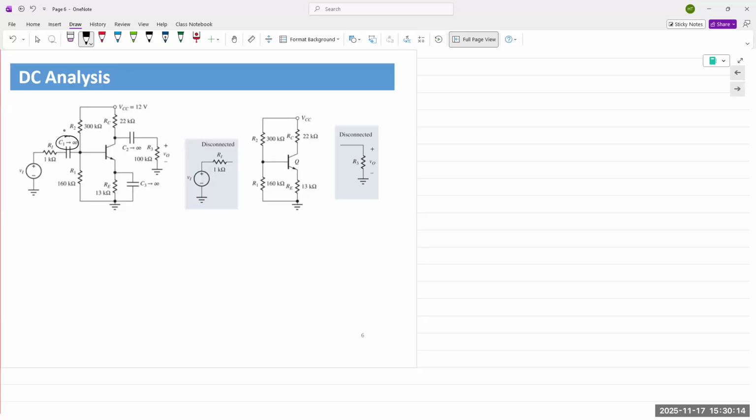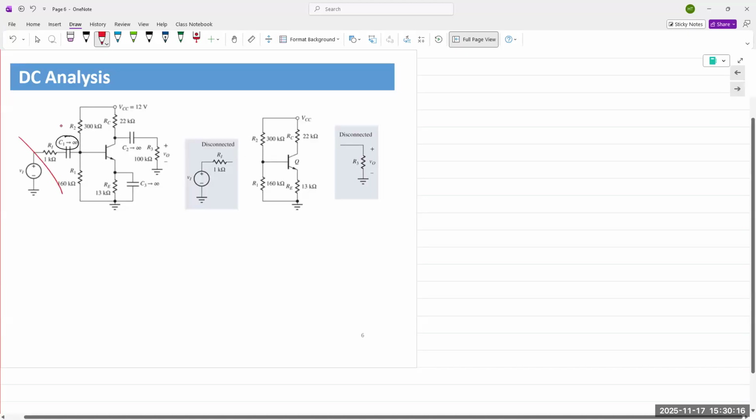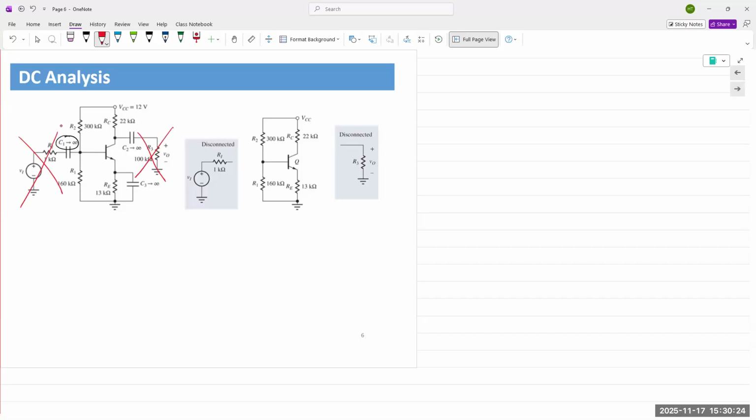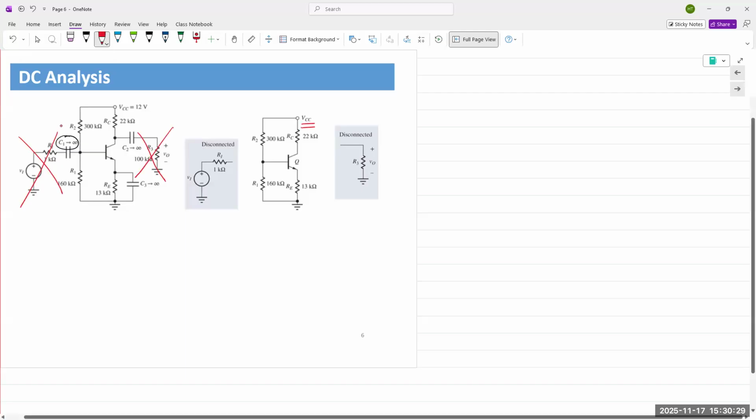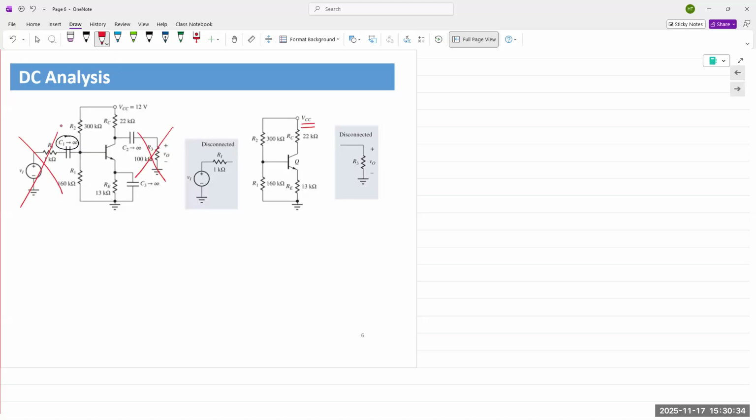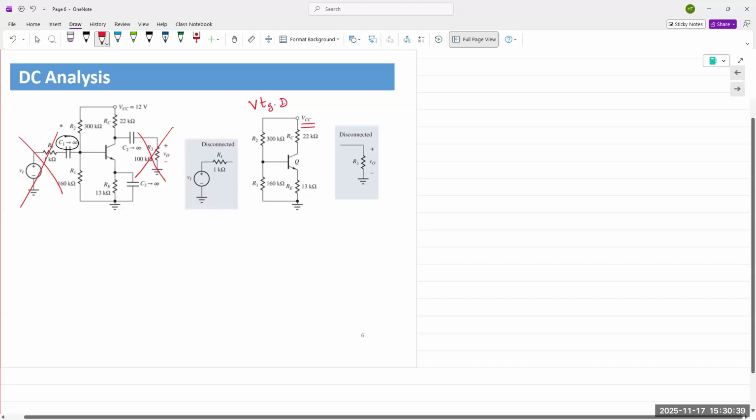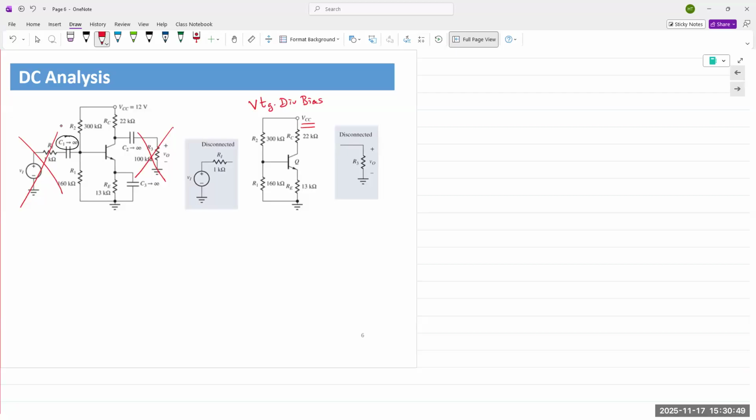All right, if we separate that out, that means that the input side is no longer connected here and here. The output side is disconnected. So all that remains, if you're trying to analyze for DC, is simply the 4 resistors and the transistor. Okay, this is a voltage divider bias circuit from R1 and R2. And for DC analysis, we replace